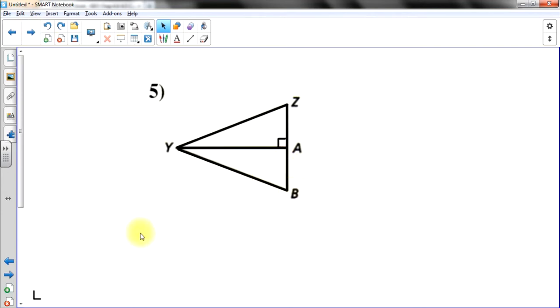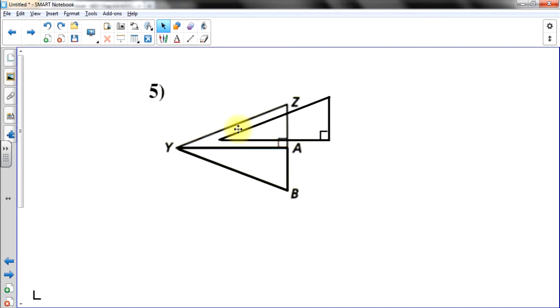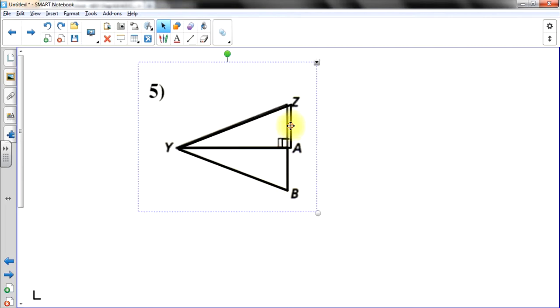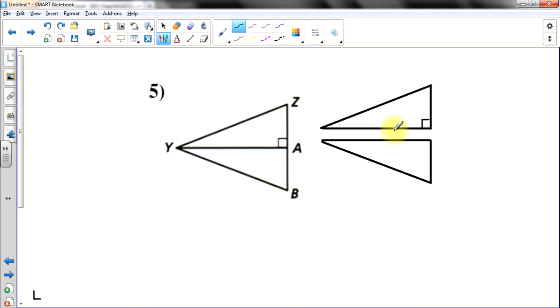Right here. So here's the picture of number 5. But basically, if we were to separate the triangles out, right, this is what I mean. Even though they're next to each other and they're sharing the side, if we were to translate the triangles, they would both have that side that they share in common. So we know in this case that this side has to be congruent to this side because it's the same exact side, right? So when we put them together,